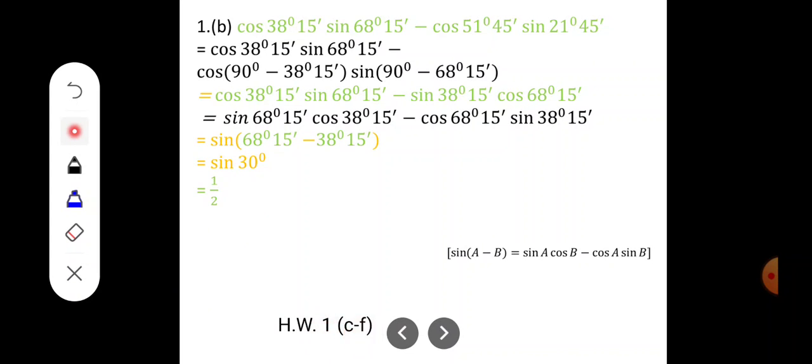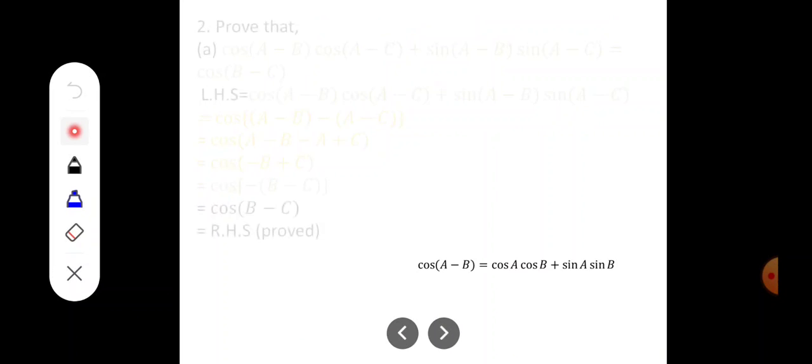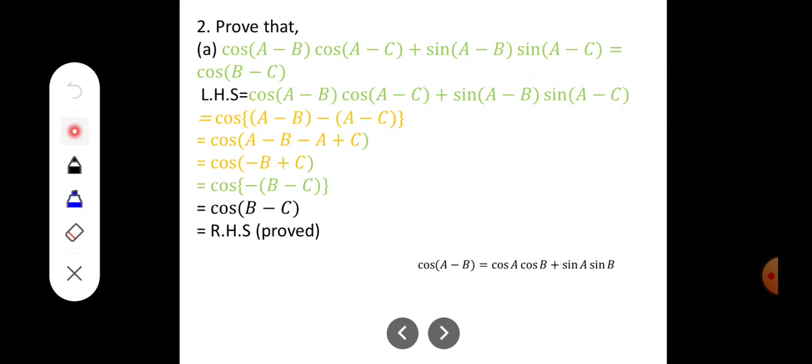HW1 C2F HW. Question number 2A, cos A minus B, cos A minus C, sin A minus B, sin A minus C equal cos B minus C. We need to prove this equal this. We take left hand side, cos A minus B, cos A minus C, sin A minus B, sin A minus C,